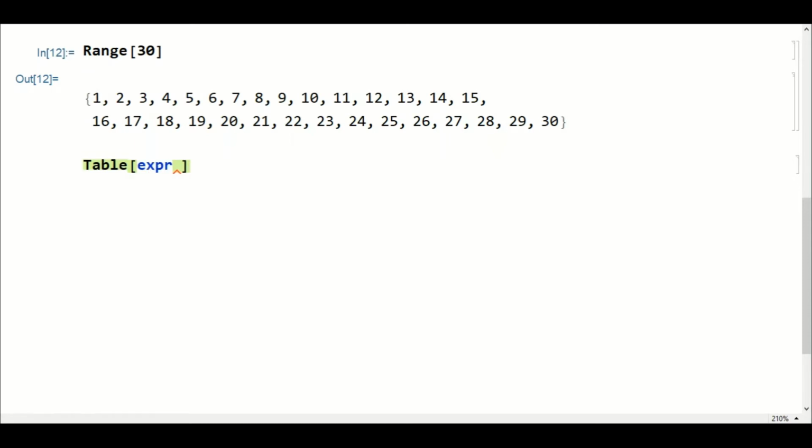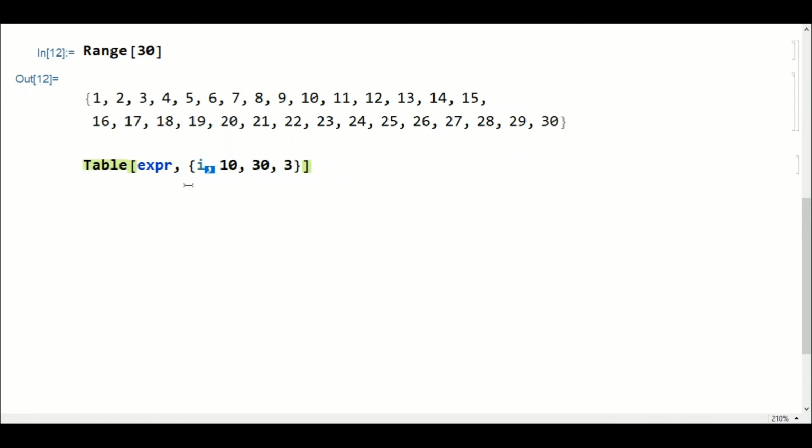There is an expression, then there is a variable, then the starting number, then the ending number, and then the increment. Basically, first this expression will be evaluated, and then based on this index the value will be created.